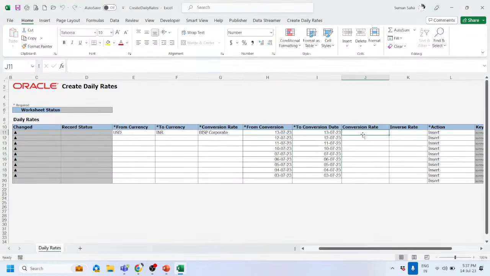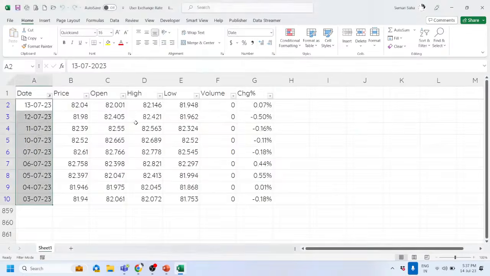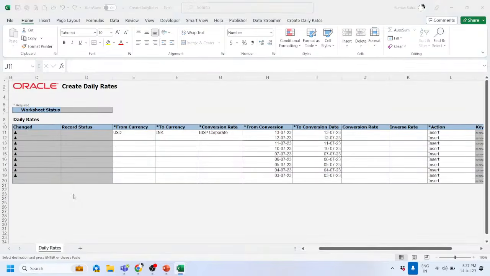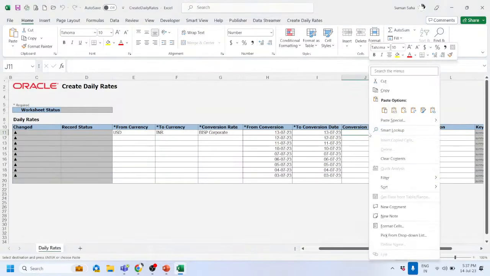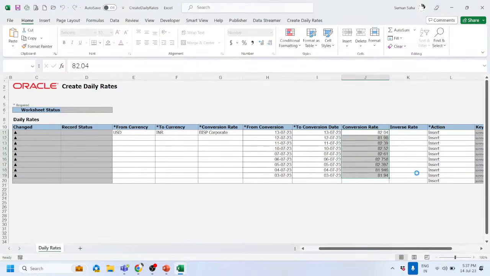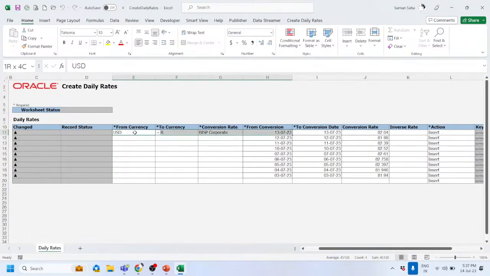And the conversion rate is this one, right? So select that, copy, paste the same, say all, right? So copy,